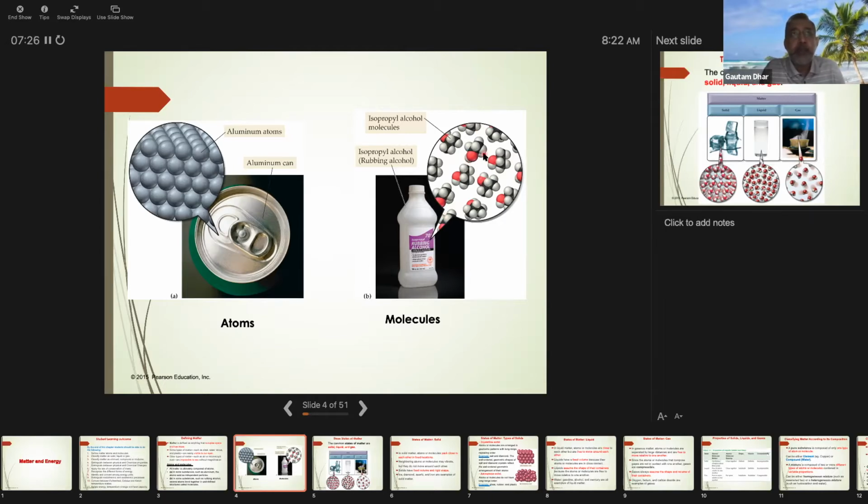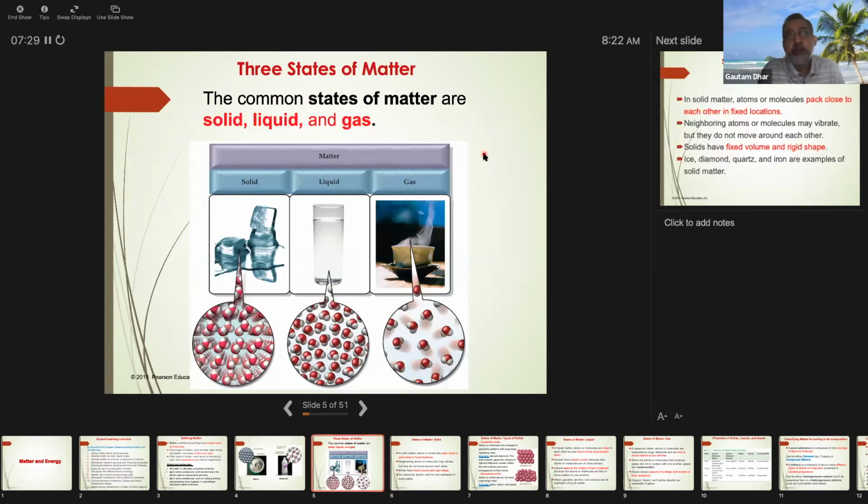Now the states of matter. Physically, when you look at them through observations, we can classify matter into three states: solid, liquid, and gas. And we all know what they are, but we'll look at it in a more scientific way, or the scientific definition. So this is ice, and everything is water here. Water molecule, but you have the ice, you have the liquid water, and you have the gaseous one, the steam.